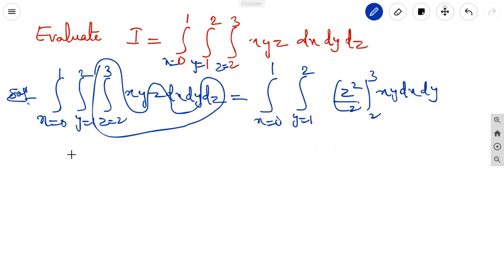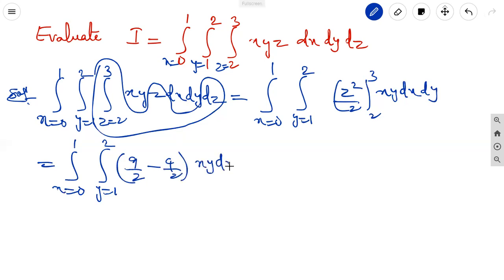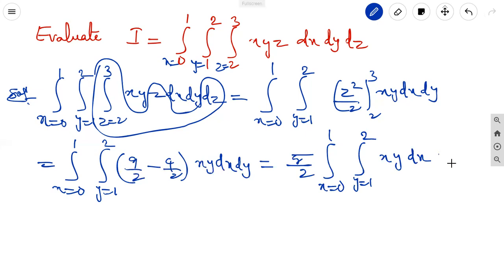It is equal to integral x equal to 0 to 1, integral y equal to 1 to 2. Z square means 3 square, 9 by 2, 2 square is 4 by 2, into xy dx dy. It is 9 minus 4 is 5. 5 by 2 is a constant, right, outside. Integral x equal to 0 to 1, integral y equal to 1 to 2, xy dx dy. Now we can integrate with respect to